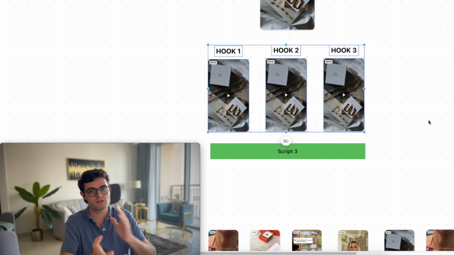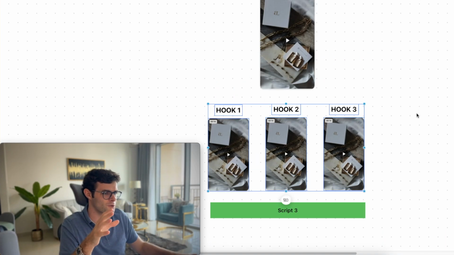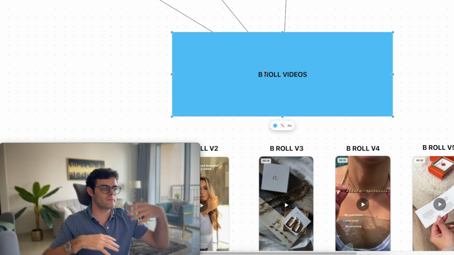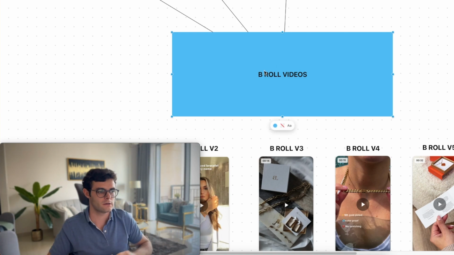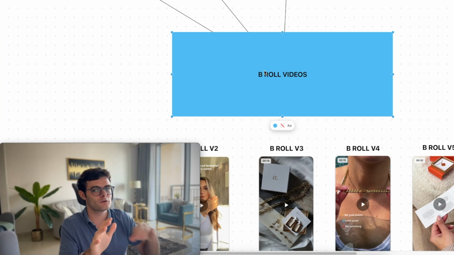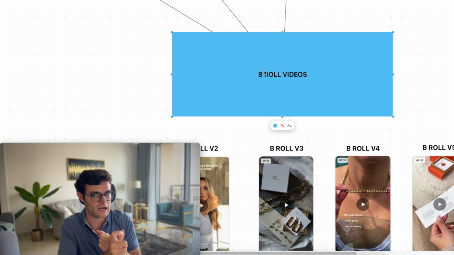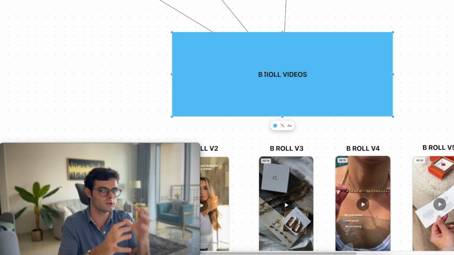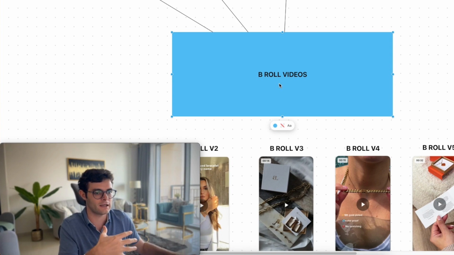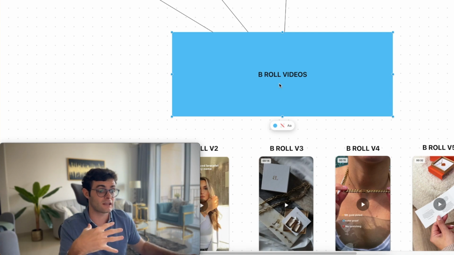And the hook is the first 3 to 5 seconds. So what you can do is go into the B-roll folder over here and look for different hooks that maybe inspire different types of emotions, and you see which one works the best. You will notice as you scale that you're going to find those 2, 3, 4 things that really work well, that are for a particular avatar customer, that use a particular marketing angle, that use a particular editing style. You will notice some trends, and that is when you will start replicating the entire process to scale and scale